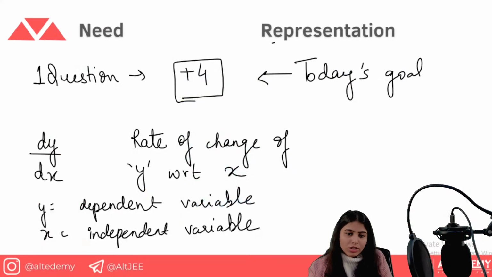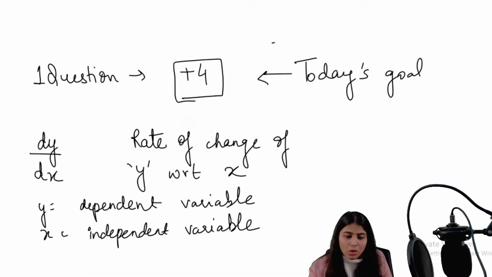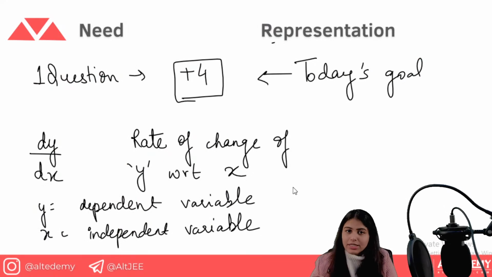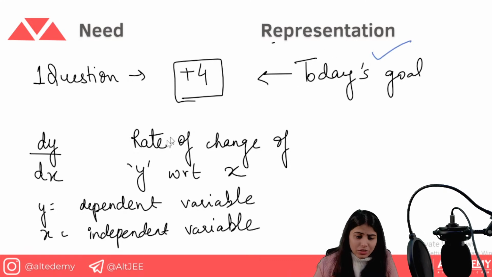This covered all the topics which you need to know to solve your JEE questions. Okay, if you have been able to solve this linear differential equation, if the concepts are clear, then you can easily get your +4 for your differential equation. The goal has been completed. The two questions were simply based on linear differential equation. Sometimes degree and order is also asked, and I made you practice degree and order also. I hope that concept is also clear.